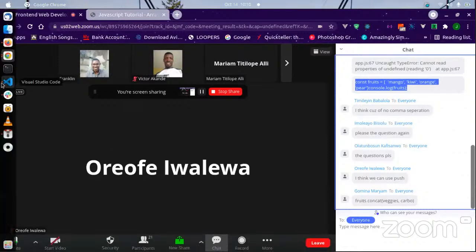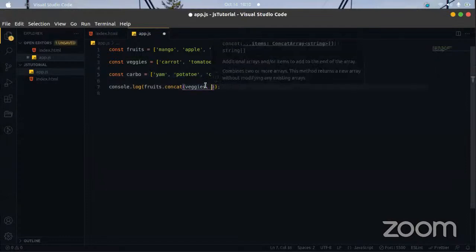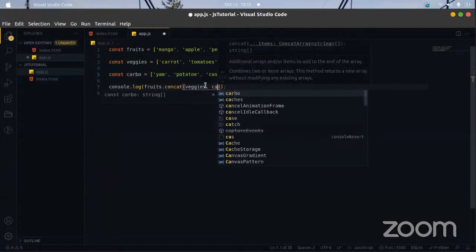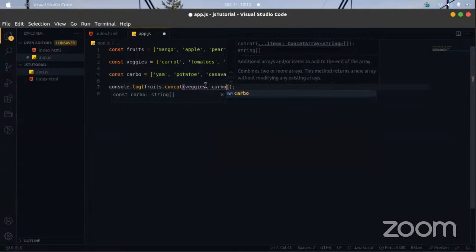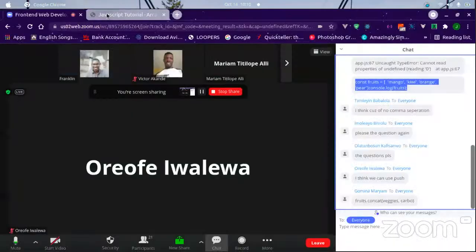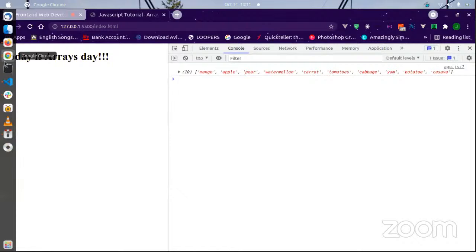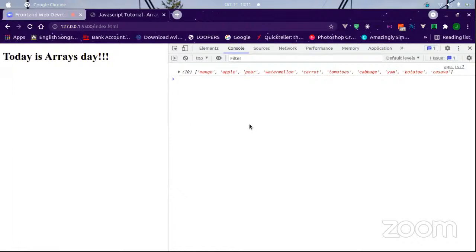So all we have to do is put a comma and then add carbo to the array, and that does it. If we save this and check in the browser, we see that carbo is now added. You now have yam, potato, and cassava. Okay, so that's how we do that.